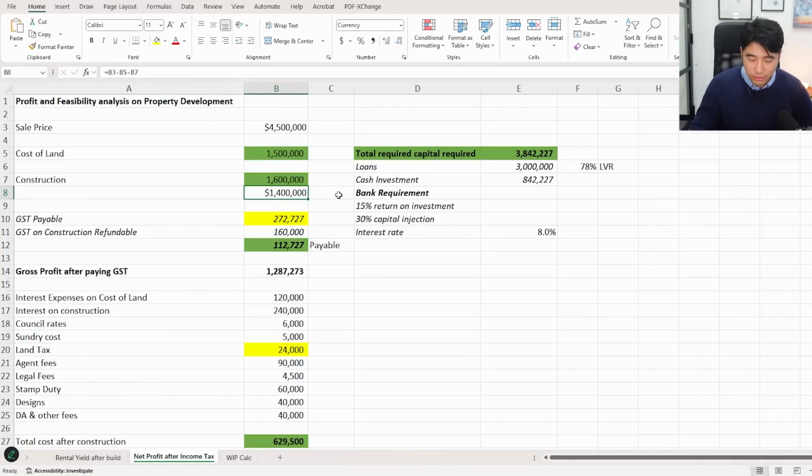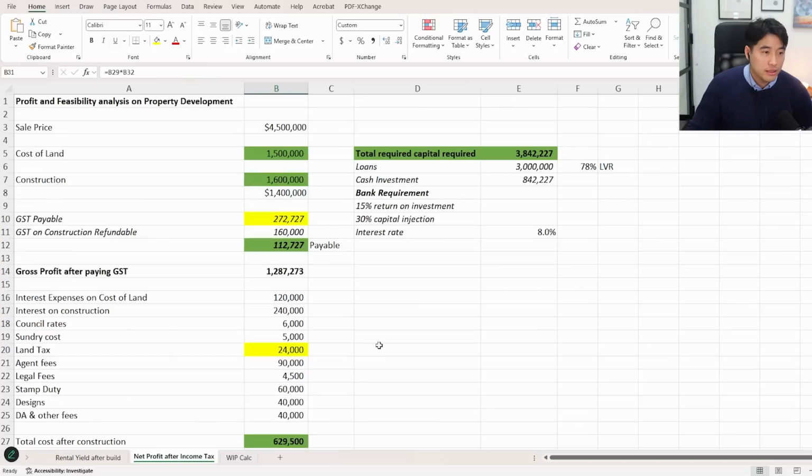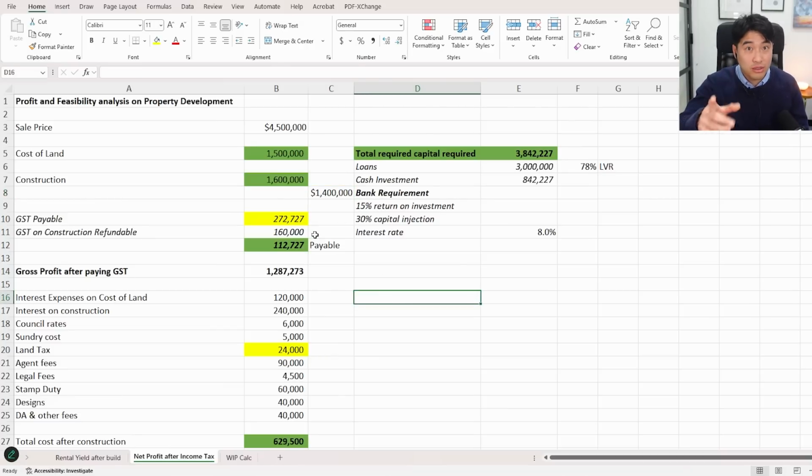All right, but really, from 1.4 mil, that's what they thought the net profit would be. Look how bad it dwindles down to. It dwindles down to 600K. And if they mess anything up with the taxes, it could be even more. So now, let me just quickly show you. 1.4 mil was the net profit with what we estimated most first-time property developers would think it is. Now, let's take into consideration all the other extra costs you need to pay.